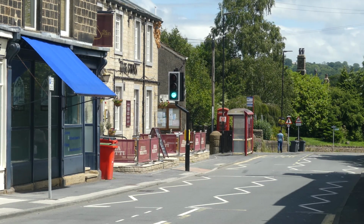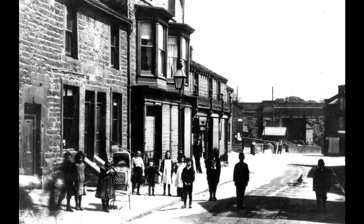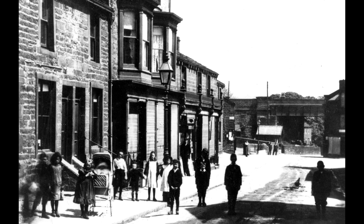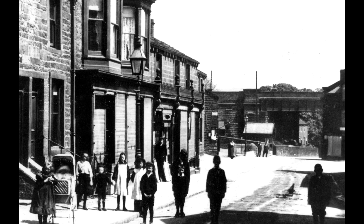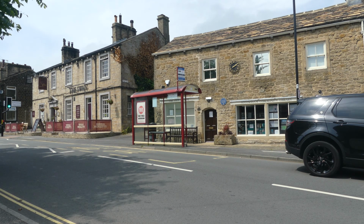This view has changed very little over the years, as can be seen from this 120-year-old photo, except for the railway bridge lower down. The railway ran from Ilkley to Skipton, but, like so many, was closed and the bridge removed in the 1960s. On the left, past the shops, is the Swan pub, which is now just doing takeaway